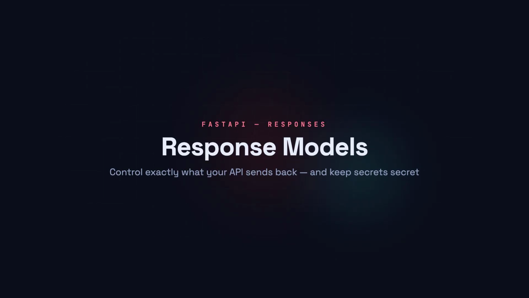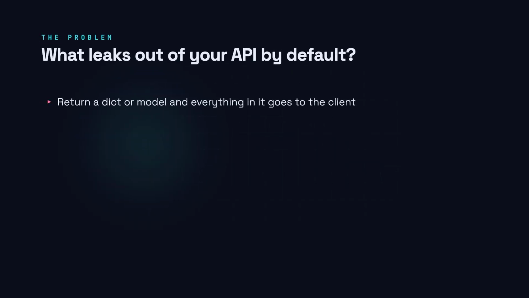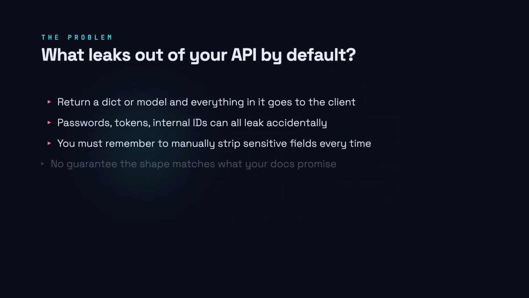leave it out. Imagine you have a user model that stores a hashed password alongside the username and email. When a root handler returns that model directly, FastAPI serializes every field, including the password hash, straight to the HTTP response. There is no automatic filter. You have to remember, on every endpoint, to pop those fields yourself. That is easy to forget, and forgetting it is a security bug. On top of that, your OpenAPI docs have no idea what shape you intended to return, so they are either